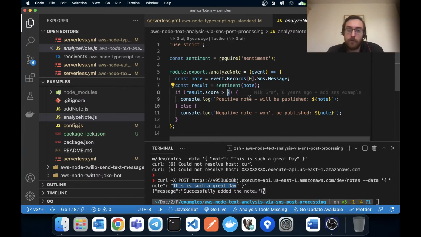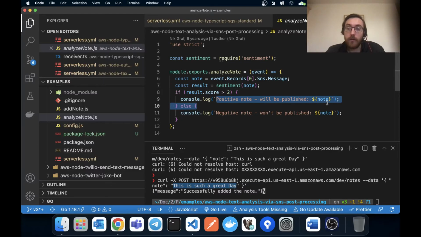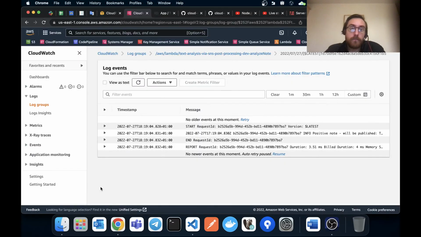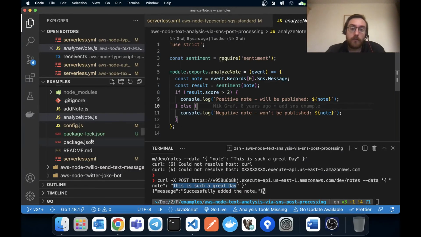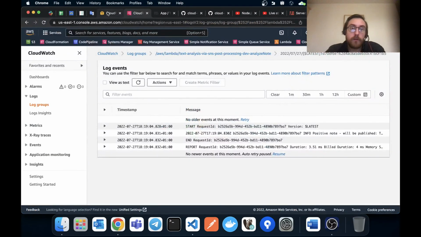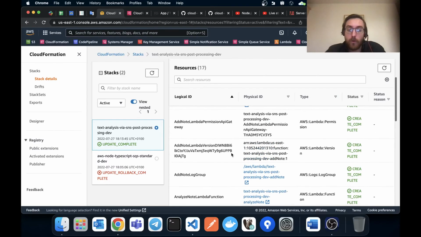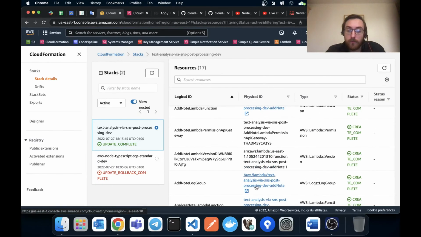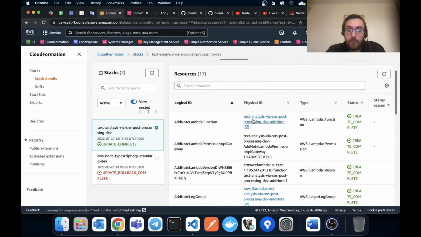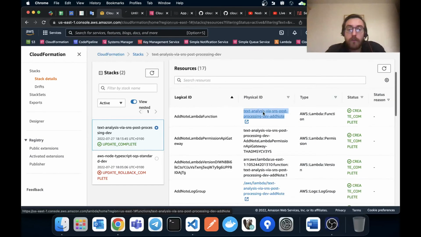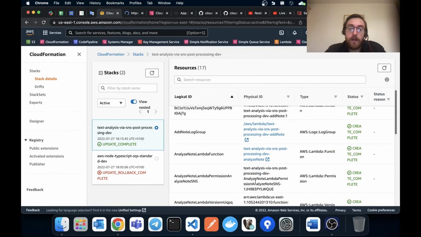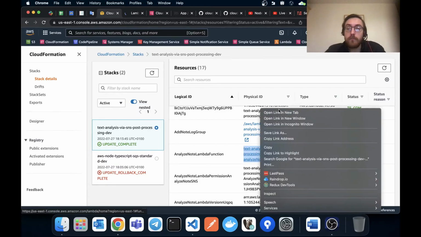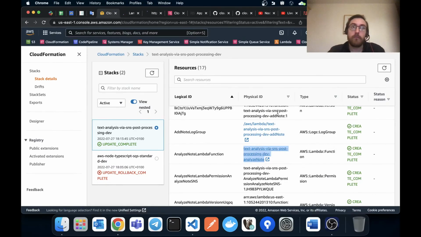So assume it was greater than 2, we received the console log. But in that case, the communication was not direct. The communication used an SNS topic. So instead of going from one lambda function to another, to analyze node lambda function, which again is an anti-pattern, lambda triggering another lambda, we kind of want to have